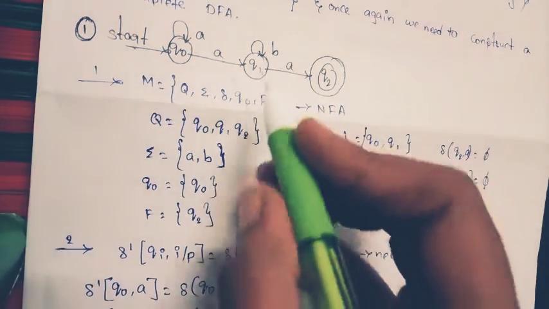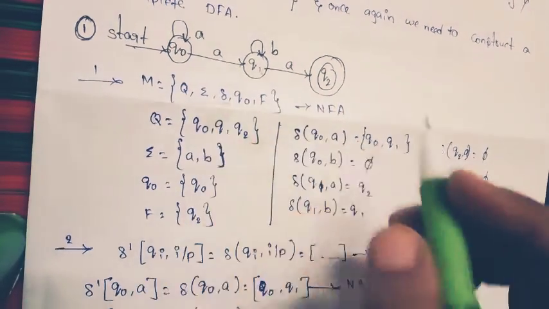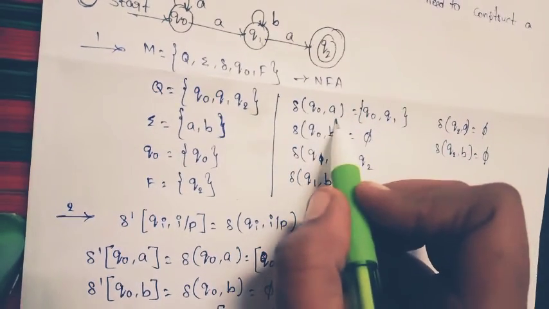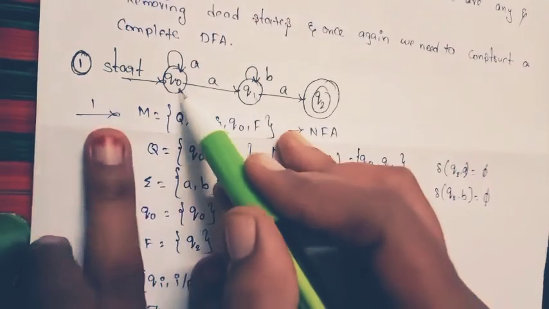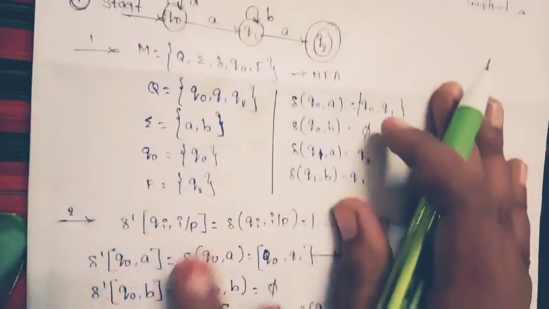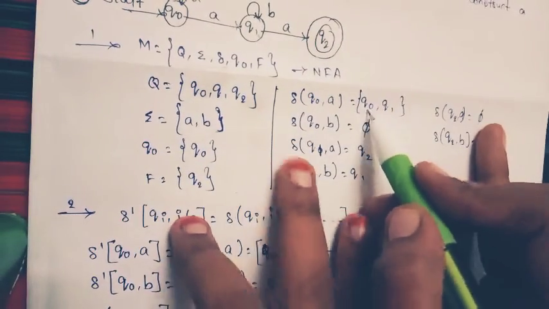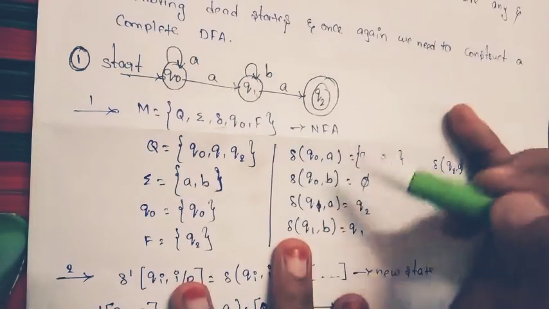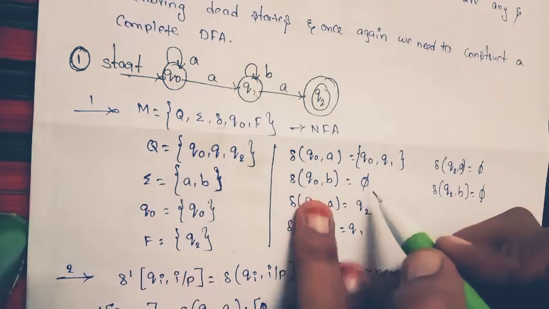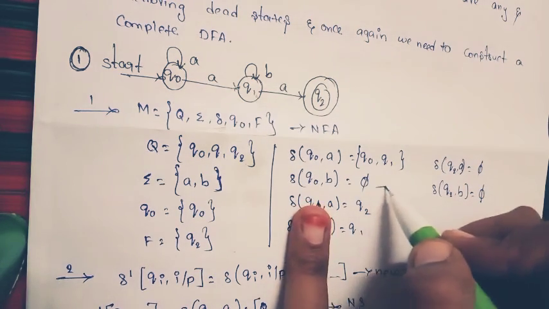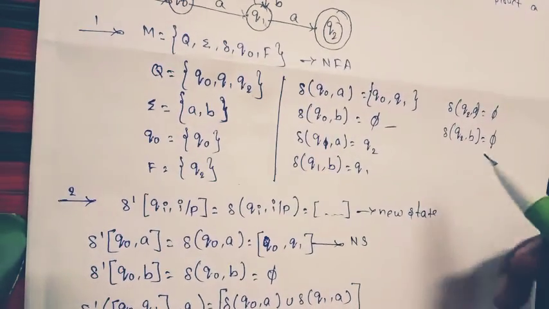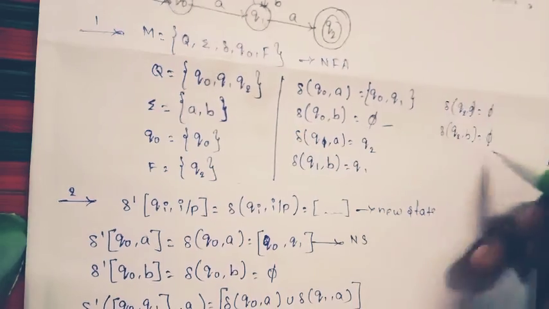Now come to delta, guys. How to compute delta? It is very simple. Delta of Q0 comma A equals Q0 on A, that is Q0, and another A is passing to Q1. I already wrote that A also. That means Q0 comma Q1. Like this, compare for Q0 on B. We don't have any B here, so we just represent it with phi. You can place one small line here. Like this, I computed everything up to delta of Q2 comma B.